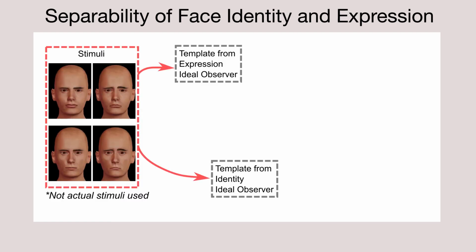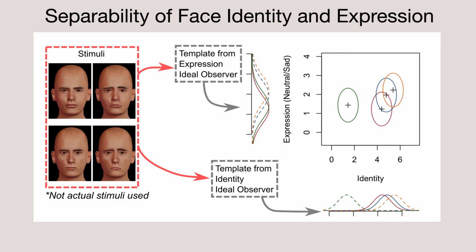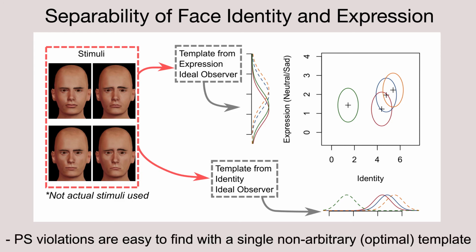Then, we took 4 stimuli from a study by Soto and colleagues in 2015 and entered them as input to the resulting observer models. For simplicity, all variances were fixed to the same value of 1. This resulted in the GRT model shown on the right. The details of the model are not important as they don't match the observed results. More importantly, the simulation shows strong deviations from perceptual separability in both dimensions that are completely due to the experimental stimuli presented to the model, as the model had invariant templates built into it. The conclusion is clear. It is extremely easy to obtain violations of perceptual separability even when separability holds in the